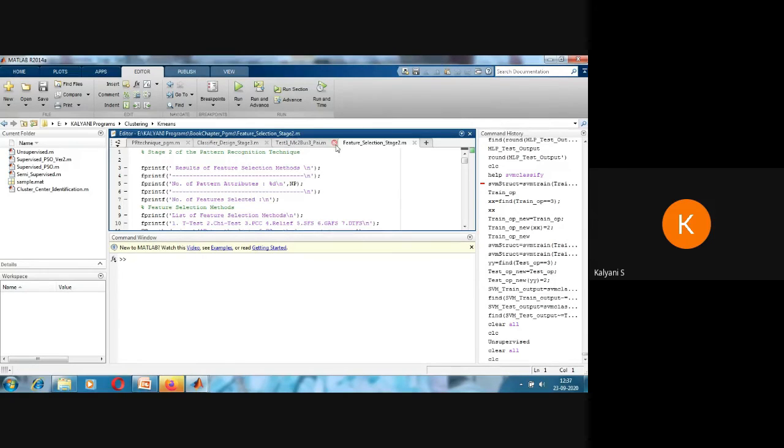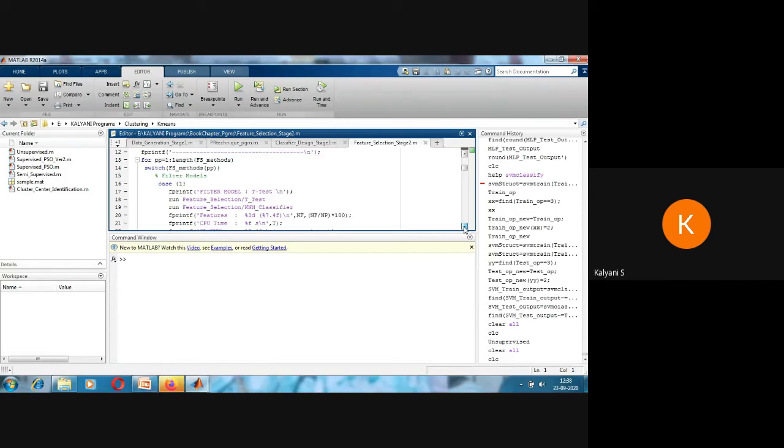In feature selection stage 2, what I'm doing is taking the different methods. These are the various methods which I have worked with. For each method I'm calling one program. So this will go and call each program in the corresponding folder and it will tell me how many features have been selected along with the CPU time taken for the algorithm to run.